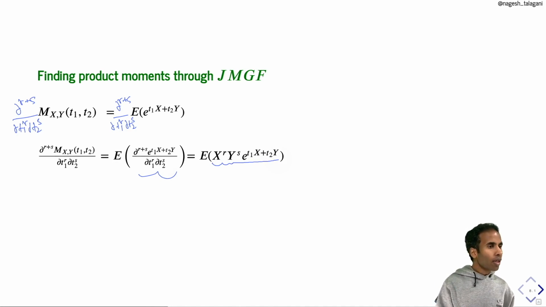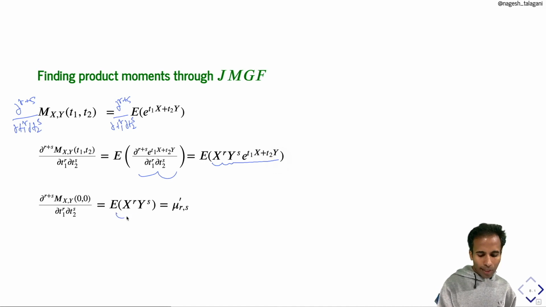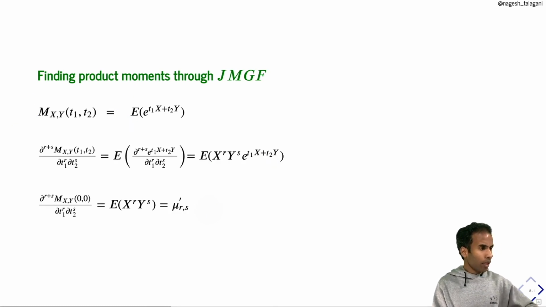Now, if we evaluate at 0, 0, it's going to be expectation of x to the power of r, y to the power of s, which is exactly the non-central product moment of order r comma s. This is how we can get product moments of all orders through joint MGF. Okay, fine. Next,